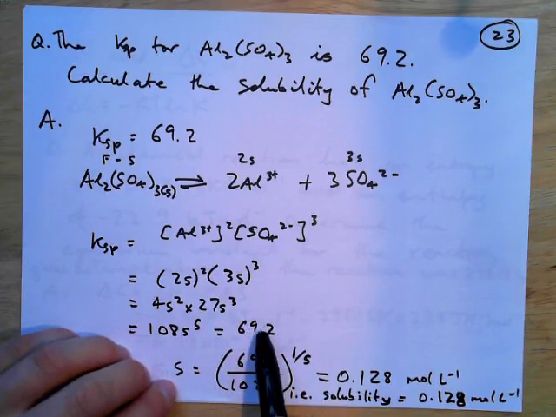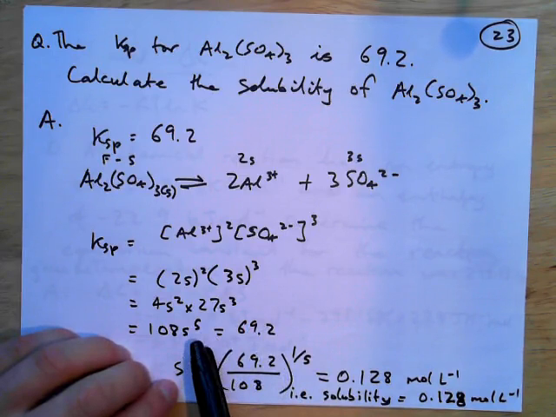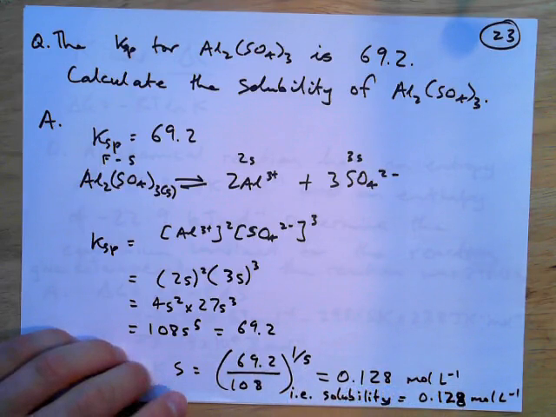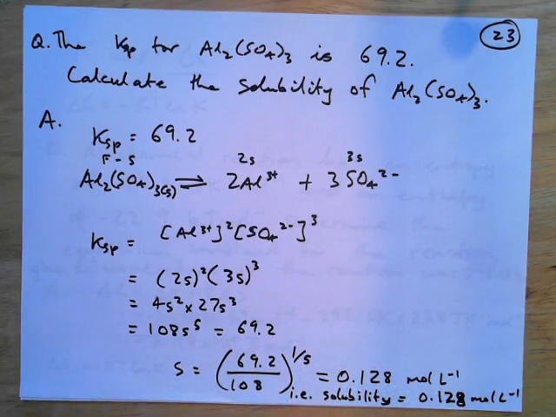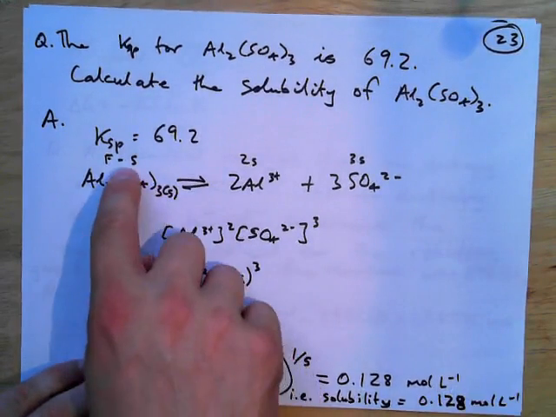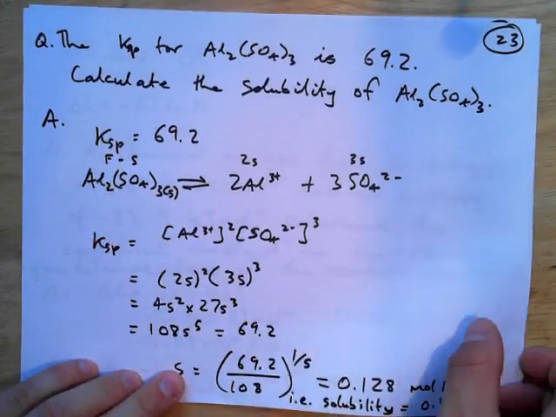that's my Ksp. So then I solve for S, and so 69.2 divided by 108, then I've got to take the 5th root, so that's the same as having a power of a 5th there, if I take the 5th root of both sides. So I hope that makes sense to you. I get 0.128 mole per litre, and so in other words, the solubility is 0.128 mole per litre. Okay, again, because the S is indicating how much of it comes off,